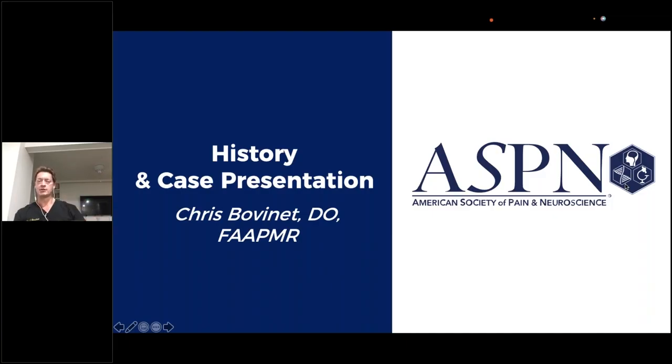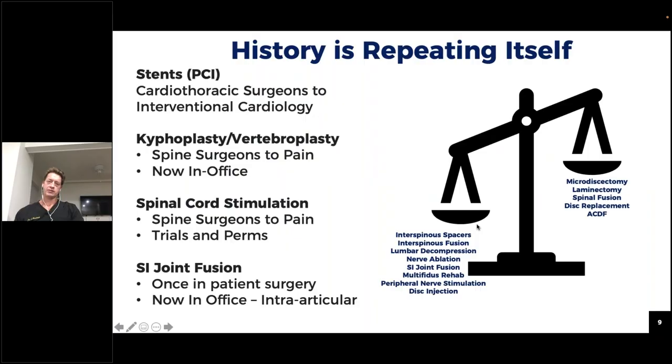And now I'm glad we're getting more and more of that, and the great Doug Beal is going to go on after me to talk about some of the basics of that. But what we're seeing now that we're treating this, you could go to the next slide, is not only the evolution of these techniques, but also it's repeating itself, as Dr. Hochschuler had said. They saw it in cardiothoracic surgery, where traditionally those with coronary artery disease had to have open surgery, the chest split open by the cardiothoracic surgeon, doing coronary artery bypass grafts. Now it's more percutaneous intervention through the vasculature by an interventional cardiologist placing a bare metal or a drug-eluting stent.